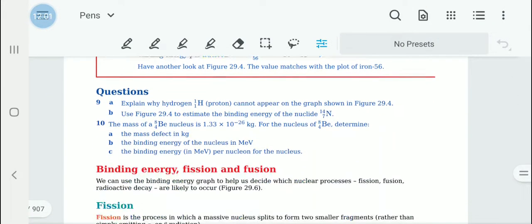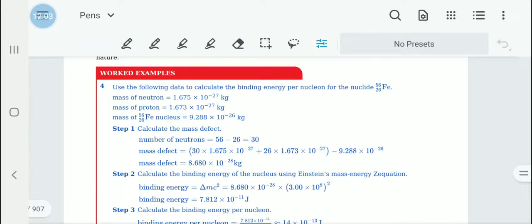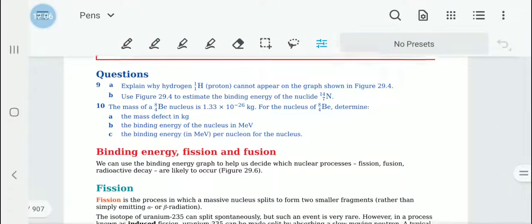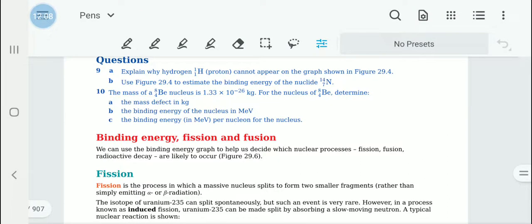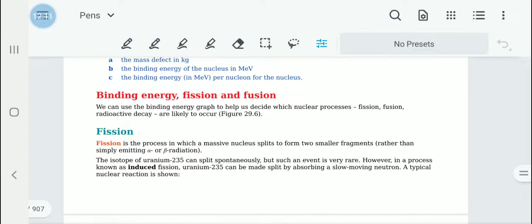And if you understood the worked example 4, I want you to do question number 9 and 10. After doing those questions, let's go to binding energy, fission and fusion. So we can figure out, using what we now know, which of fission, fusion or radioactive decay is going to happen using